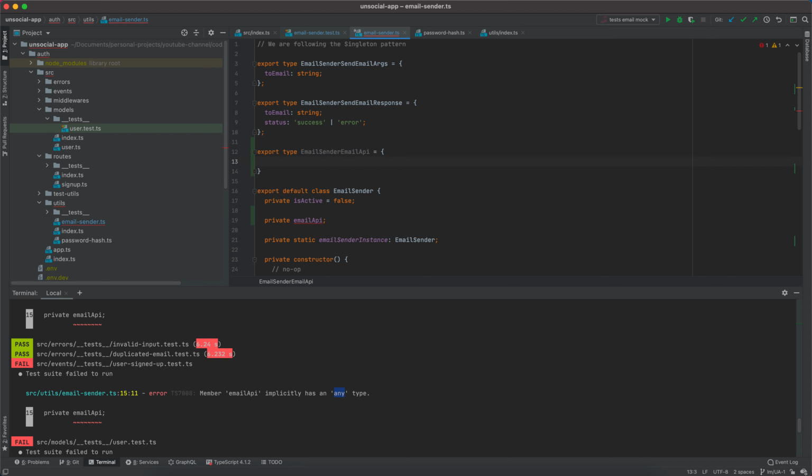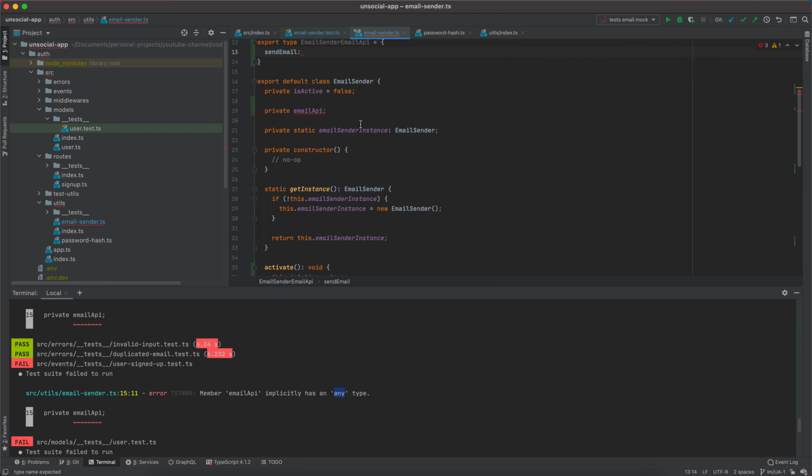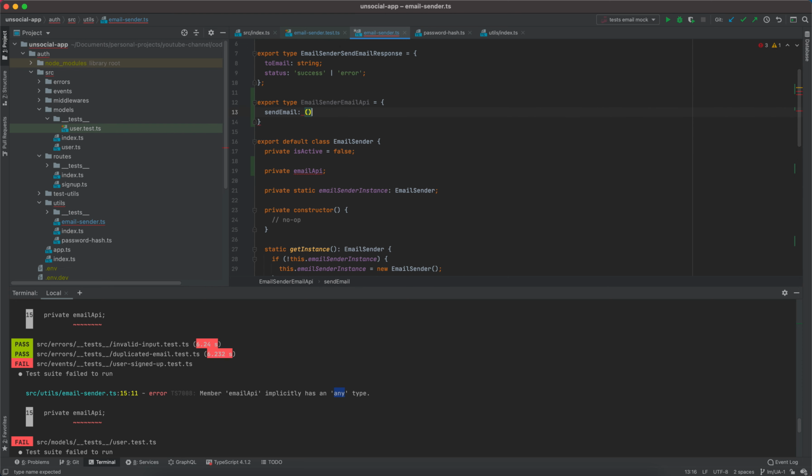And this is going to have a couple of methods within, right? We don't know yet which methods we are going to have, but let's say that the first one will be send email, which is exactly the same as what we have in the email sender, and this is going to take no parameters and return void. Okay,